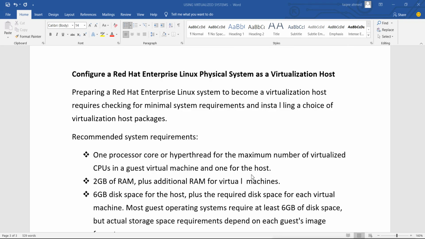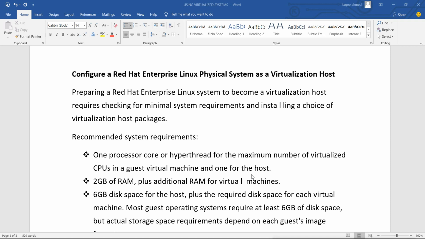So configuring a Red Hat Enterprise Linux physical system as a virtualization host. Now what we are going to do, we are going to create a virtualized server on our Red Hat Enterprise Linux. It is like we are installing it on a single server. Just like in Windows Server we install Hyper-V, and on the Hyper-V we create the virtual machine.